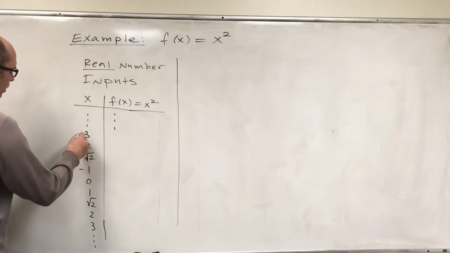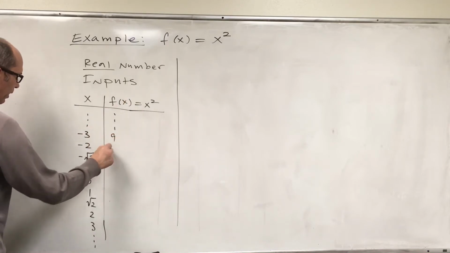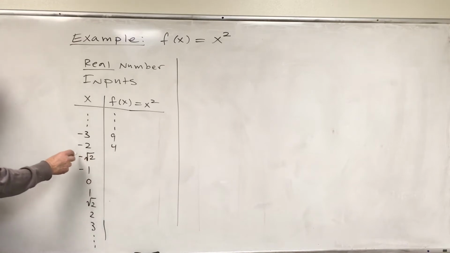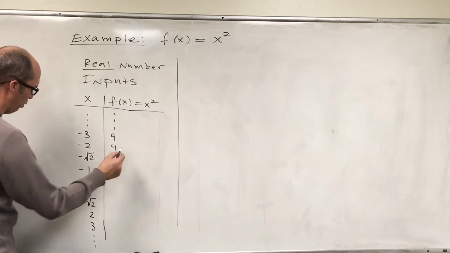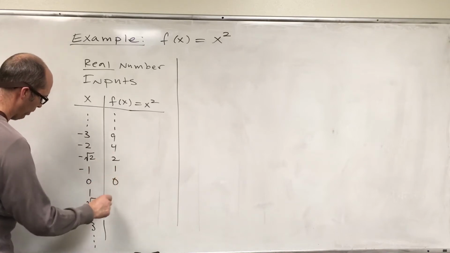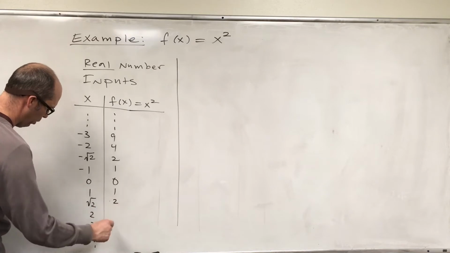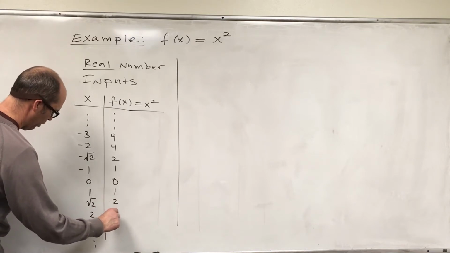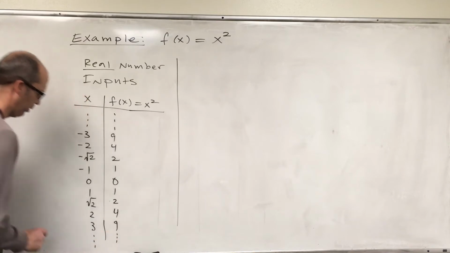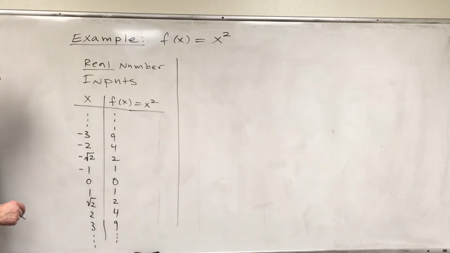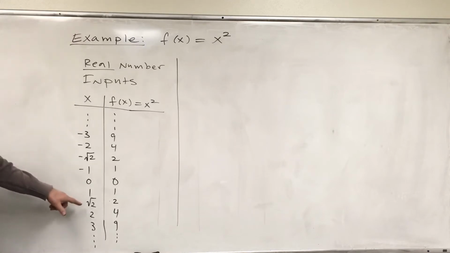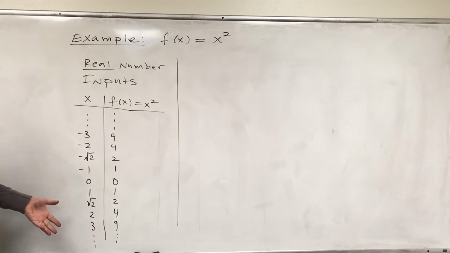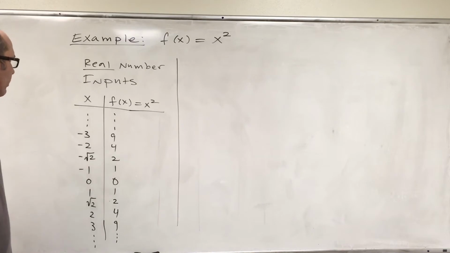So negative 3 squared we know is 9, so we got 4 there. The square takes the negative off, and root 2 squared is 2. 1, 0, 1, 2, 4, 9. So, all right. Now because we're accepting real number inputs, this negative root 2, this positive root 2, those are acceptable. We can throw those in there. All right,